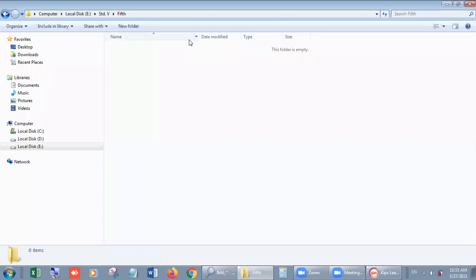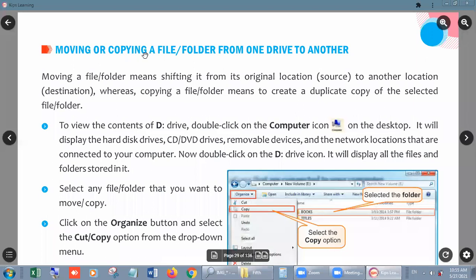But if we choose copy, then it means we want to make a duplicate file of it in any folder. In copy, we have both the files, original file and duplicate file. But in move, we have to shift the original file to another location, right students? So this was the difference between moving or copying.